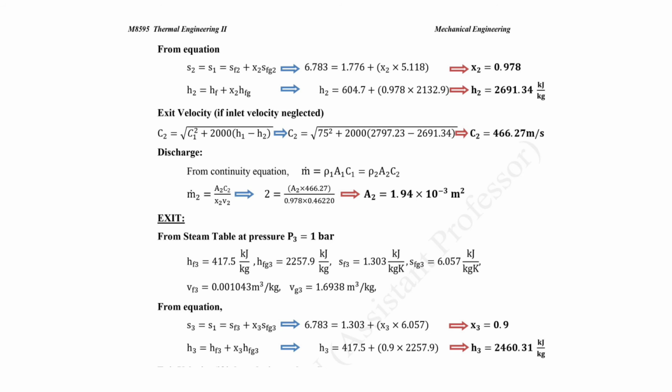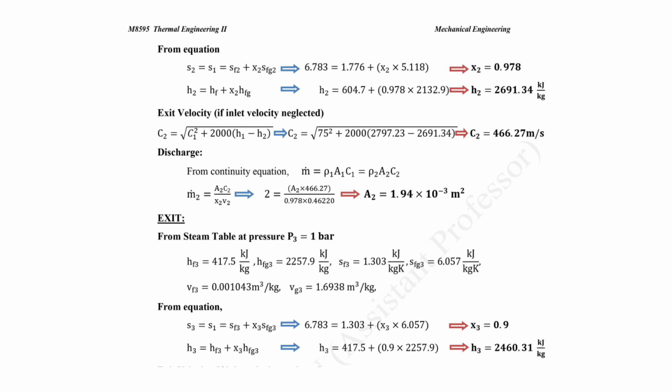Discharge from the continuity equation, m is equal to rho1 A1 C1 equal to rho2 A2 C2. We know all the values except the A2 value, the area at the throat. Mass flow rate is already given, velocity is already found, and x2 and v2 are also obtained from the steam table. From that we can calculate the A2 value. Then